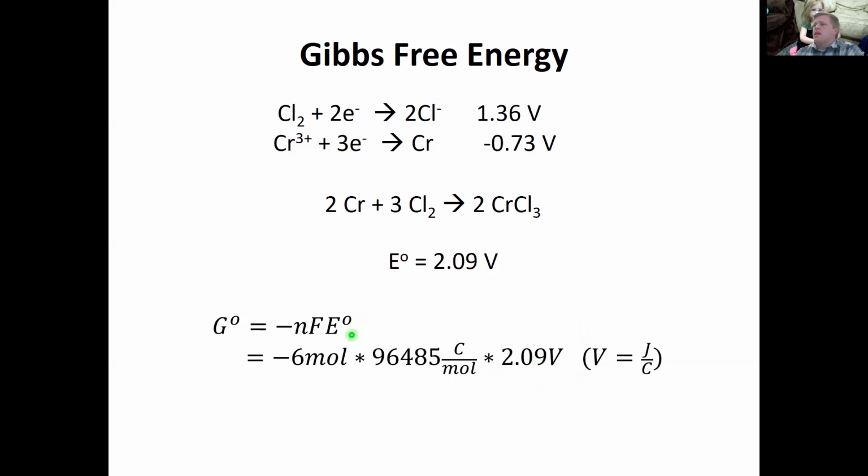And then our E naught is 2.09 volts. And if you didn't know already, a volt is equal to a joule per coulomb. And so if we cancel out units here, the moles will cancel out, the coulombs will cancel out, and we'll be left with joules. We can plug all of these values into our calculator now, and we will get 21